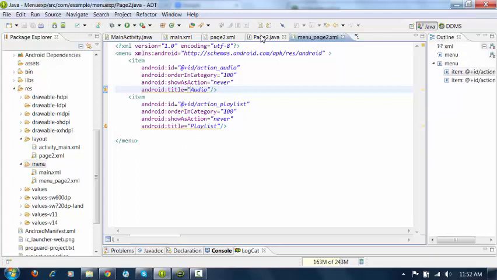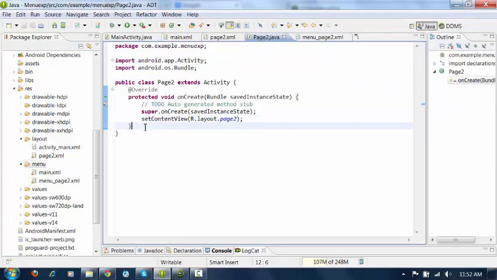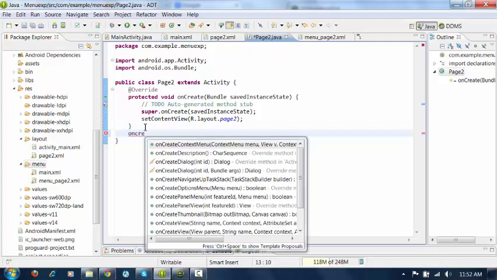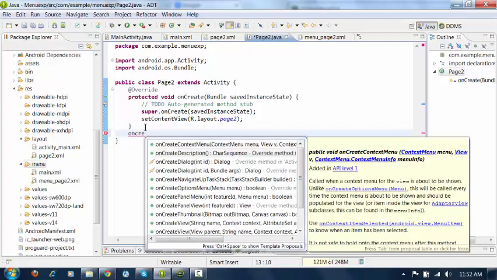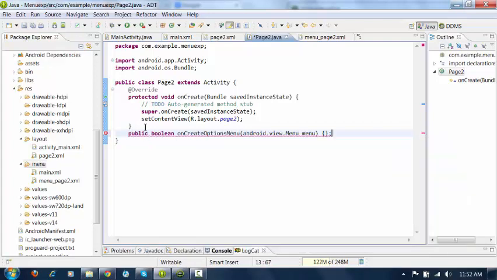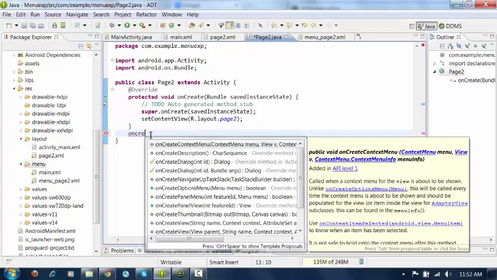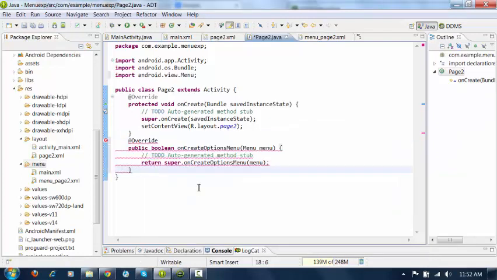So go to your page 2. If you want to give action to your menu button, you have to use one method called onCreateOptionsMenu. Okay, here it is, onCreateOptionsMenu.